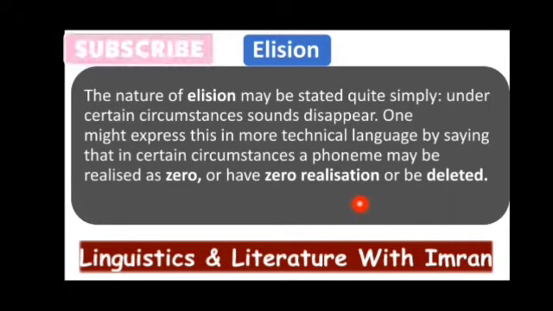For example, we have a word spelled S-I-X-T-H. Most of us will pronounce the word as sixth. But if you hear a native speaker of English, he may leave out the sound, and the word spelled S-I-X-T-H, he or she will pronounce as "sixs", rather than sixth, right? So the sound will be left out, and he or she in rapid speech will pronounce the word differently than the full form. Fine.